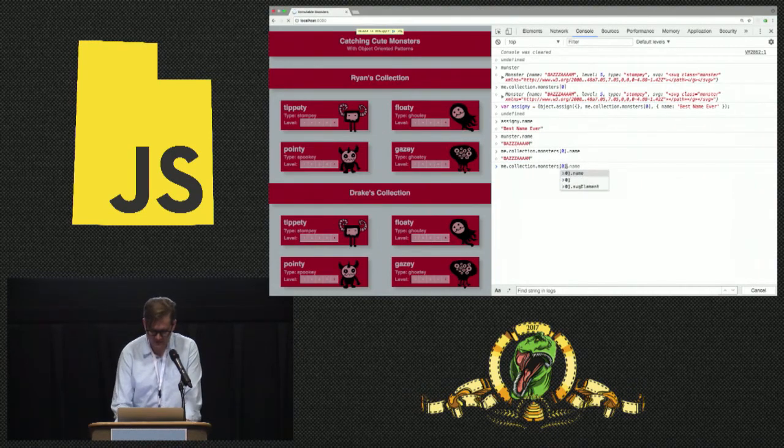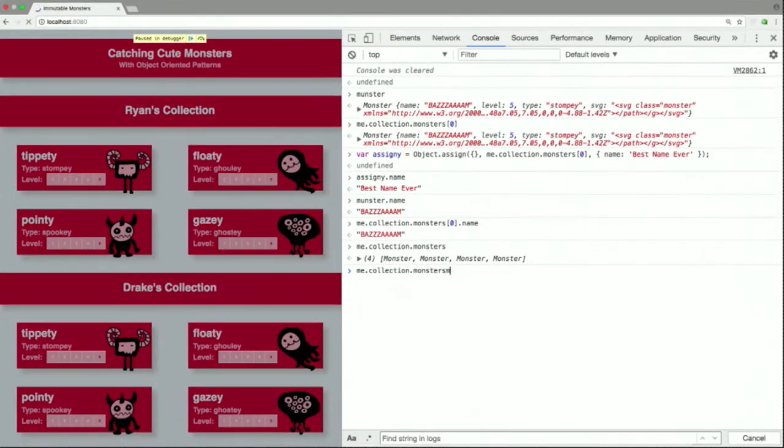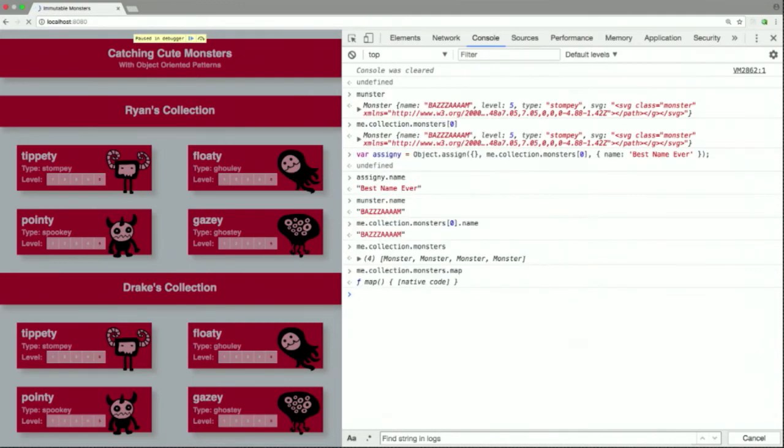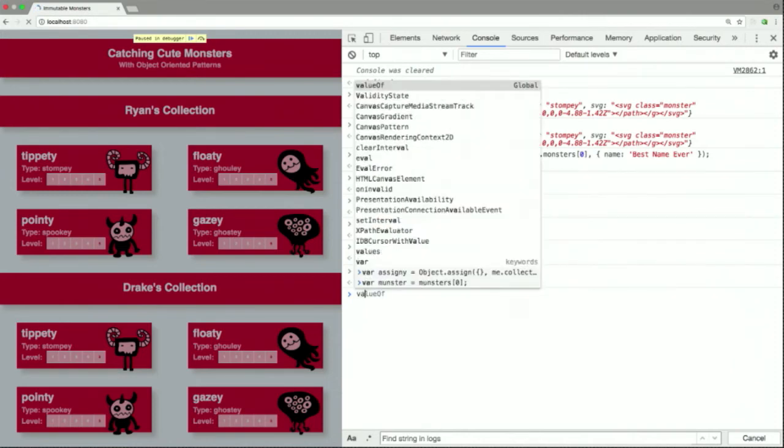So I've got me.collection.monsters still available, and I can see that it's an array, and so I've got this map on here. Map's going to accept a single argument, and that argument is going to be a function that is going to be applied to every single element of the array. So if I wanted a list of names, I could do something like